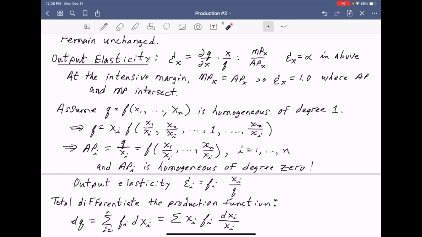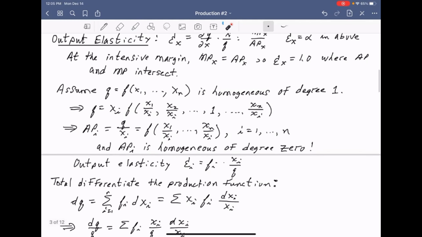So then the average product of input I is given by Q divided by xi, and it's simply this function here because we've now divided out this xi, so that the average product turns out to be homogeneous